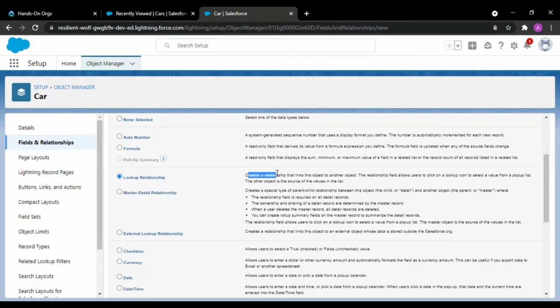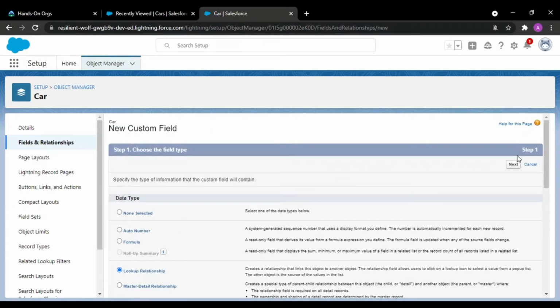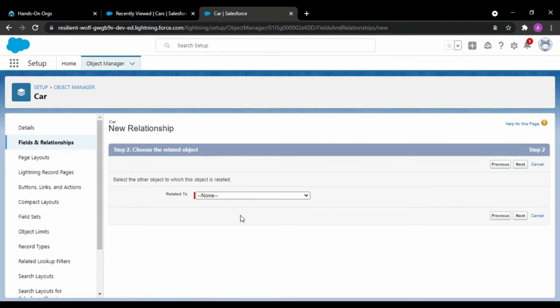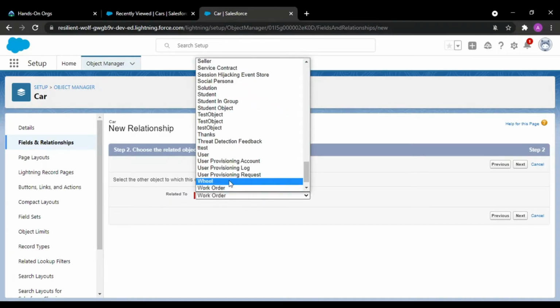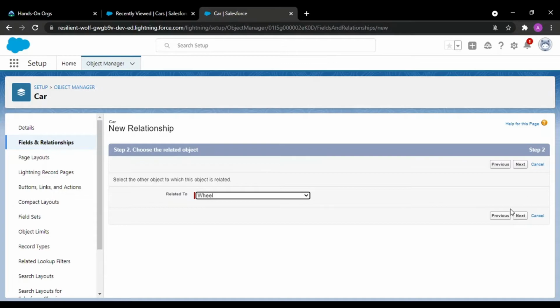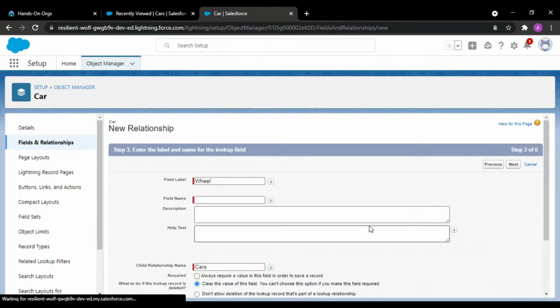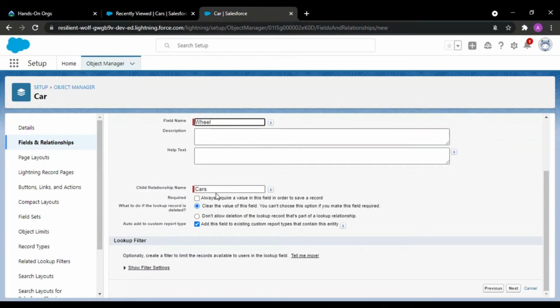This creates the relationship that links to another object. The relationship field allows you to click on a lookup icon to search a value from a pop-up list. So a pop-up list would be displayed. It would be related to wheel, next, and the child relationship name would be car with wheels.